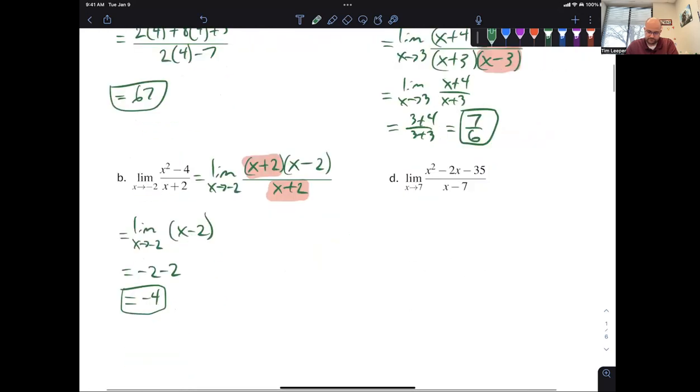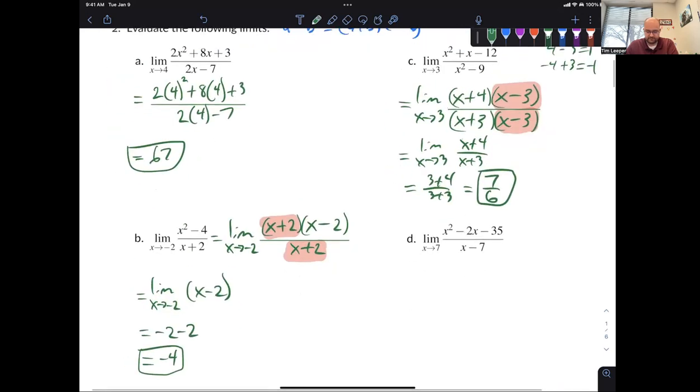Good deal. Now, letter D, the limit as x approaches 7 of x squared minus 2x minus 35 all over x minus 7. Notice that if I plug in 7 here, both the numerator and denominator become 0. So I need to factor everything I can here. Only the numerator will factor here, but that's fine. So we have the limit as x approaches 7 of